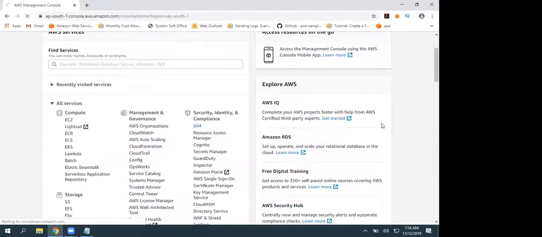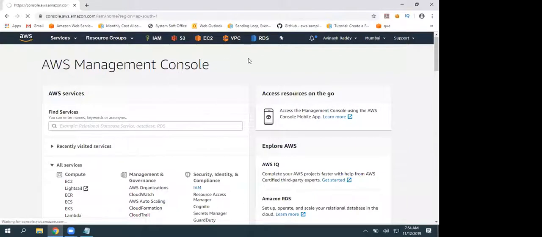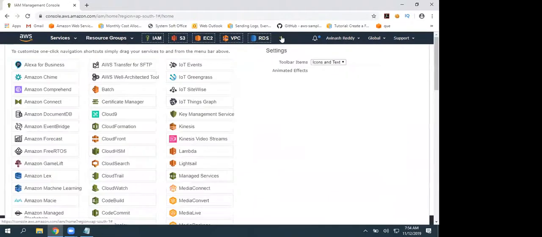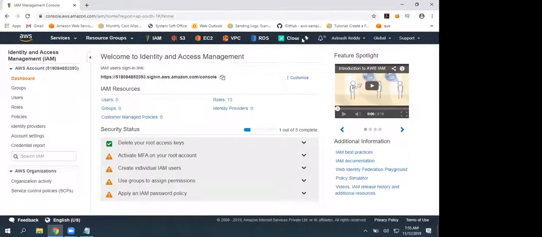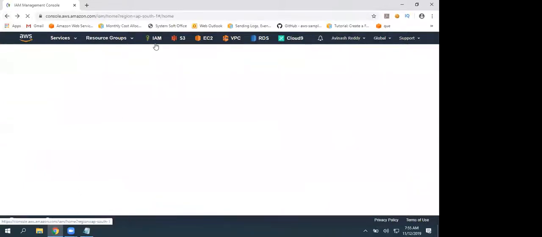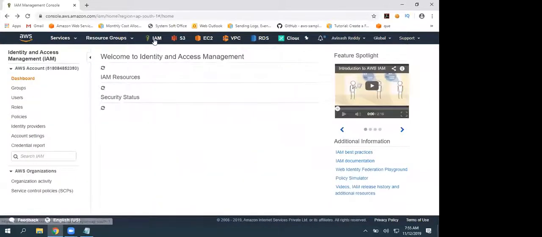So select that. And we do have an option, guys. For the services we access frequently, you can pin those services here. Click on this pin. For example, I'm using Cloud9 frequently, so I can simply drag and drop and pin this. If I want to, I can simply click on it and it will take me to that Cloud9 service, so you can easily navigate to that service. At the moment we are going to discuss IAM.